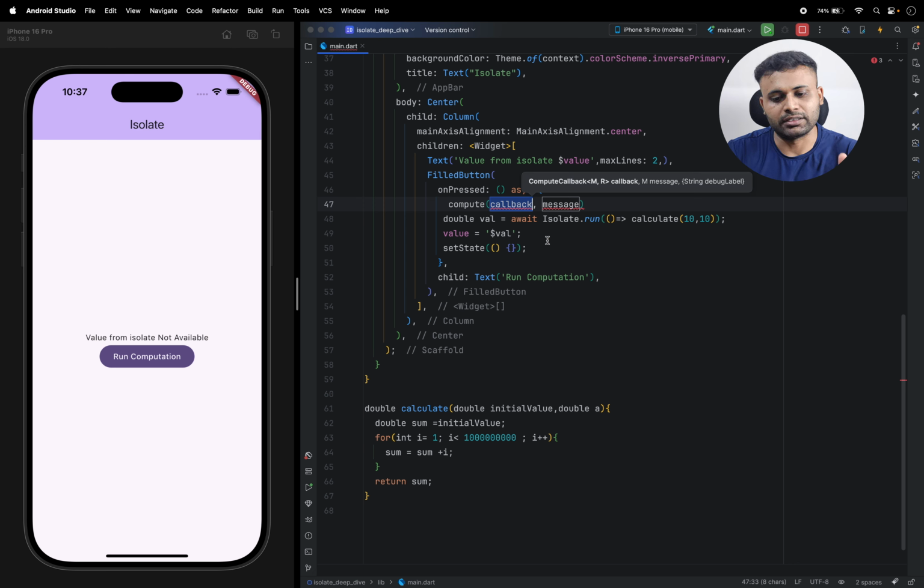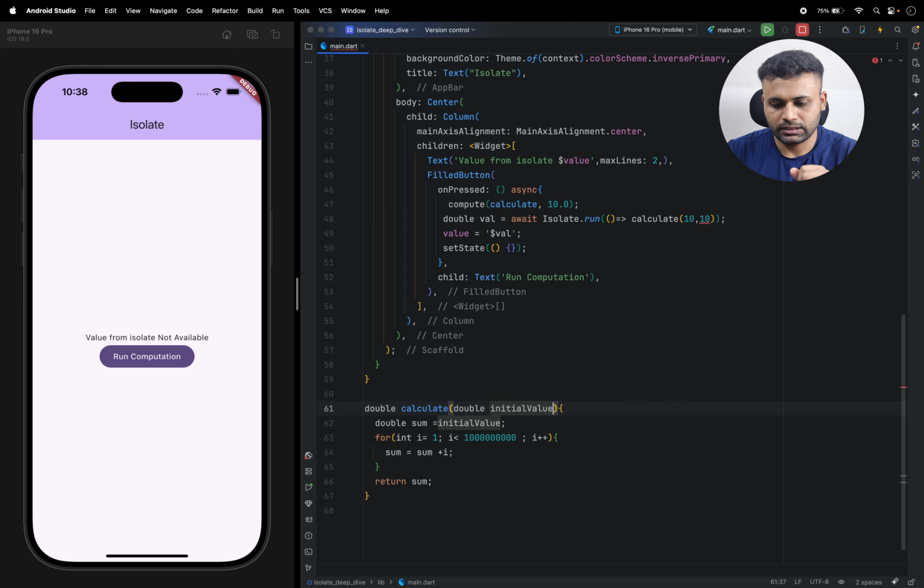So the compute method requires us to pass a callback and a message. We are required to pass both of these, else the compute method will give us an error. So here I'm going to pass the calculate as a callback, and to the message I'm going to pass 10.0. But as you can see, we are asking for two arguments, but here we are only able to pass a single argument, right? To solve this, we need to remove this